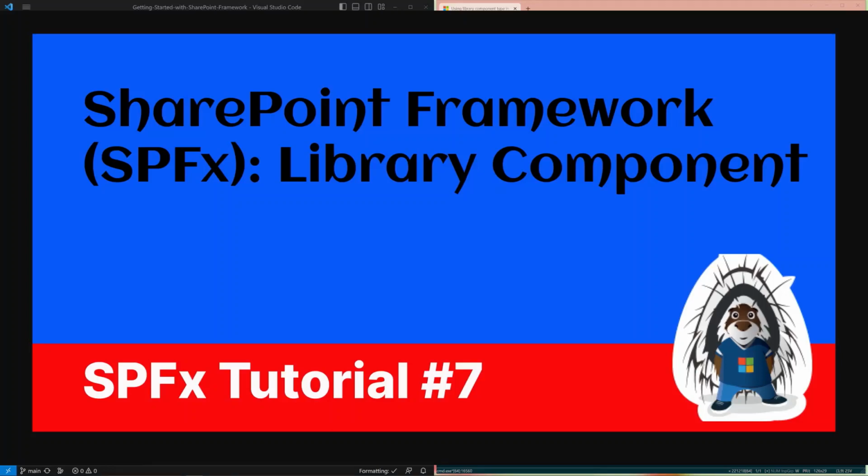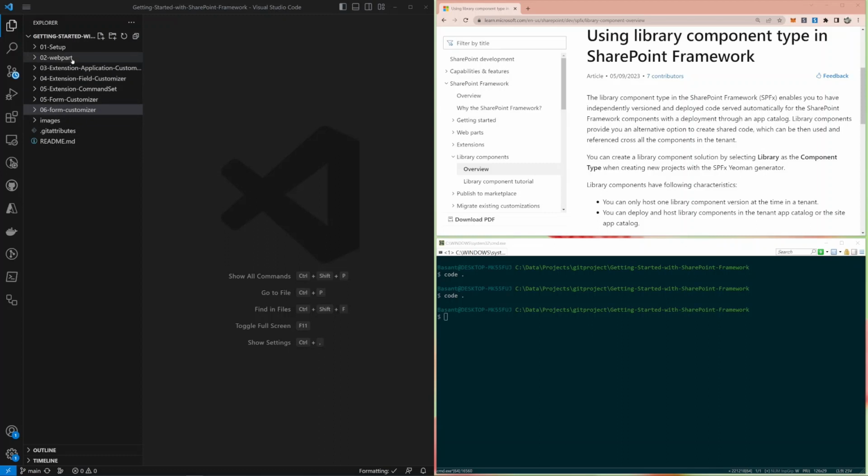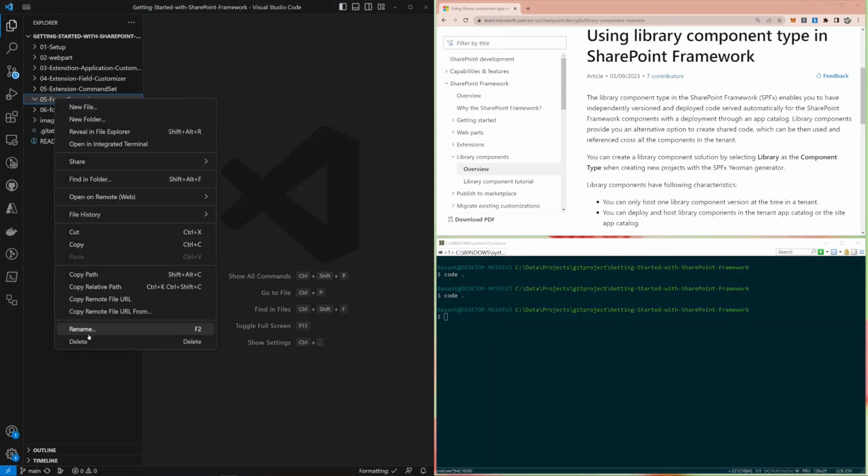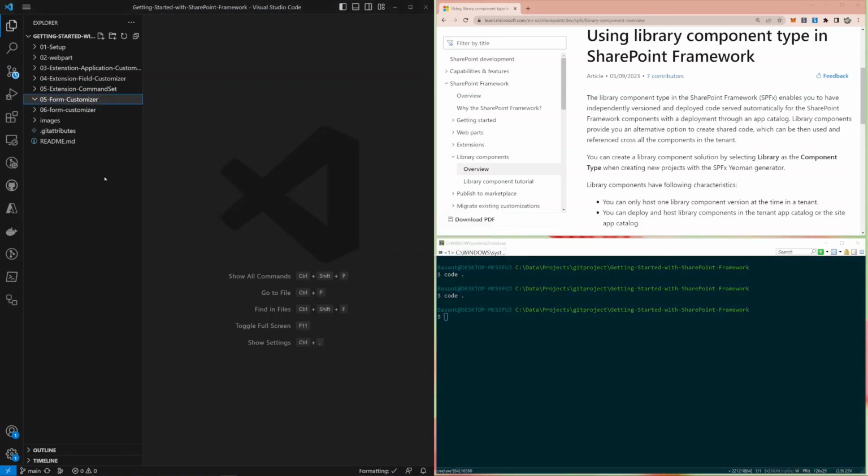So till now we have covered the web part and extensions. We have covered the application customizer, field customizer, command set, and form customizer. So now we need to work on... I think let me delete it. Okay, so now we need to work